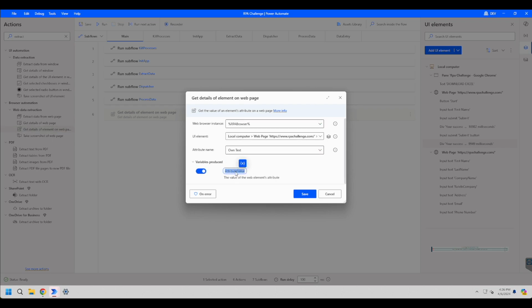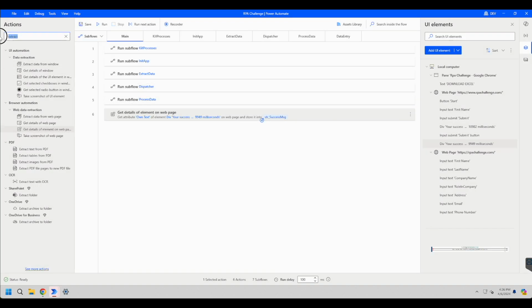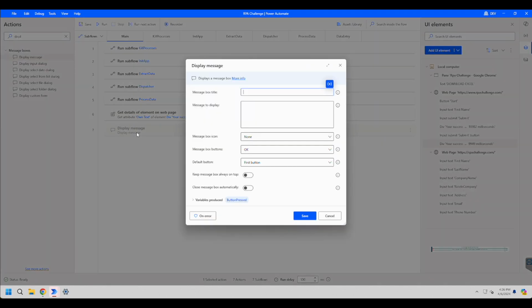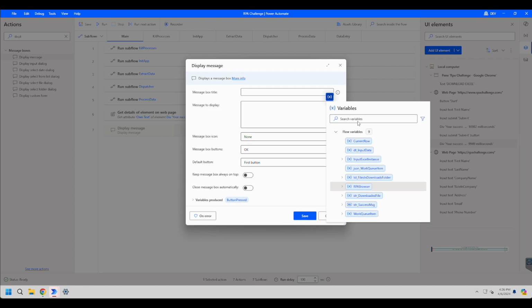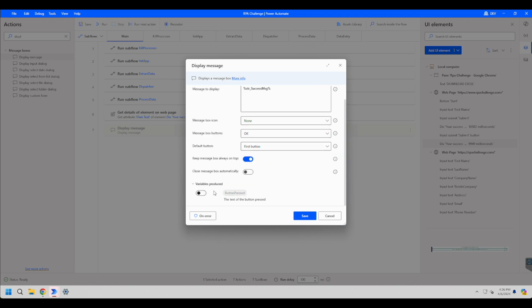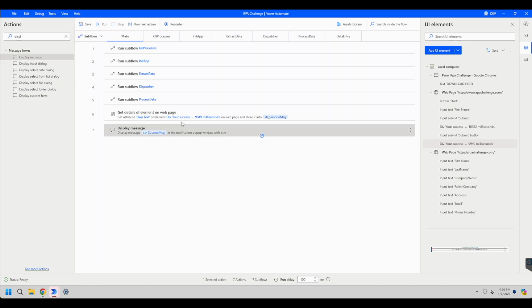Let's just name this str message, success message. And I want to show that in a display message box. Yeah, that's fine. We don't need the title for this one. Keep message box always on top. Yep, we don't really need that variable. Save. Okay, so let's go back to the selector of